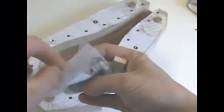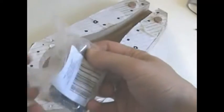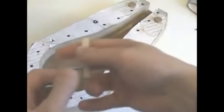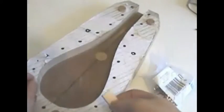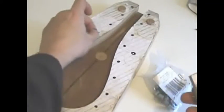But you can get them in the States, you can get them all over the world. There might be slightly different sizes, so you need to just make sure you've got the right Allen key and the right nut for it, bolt for it, sorry. So basically we drill these into the mould all the way along,